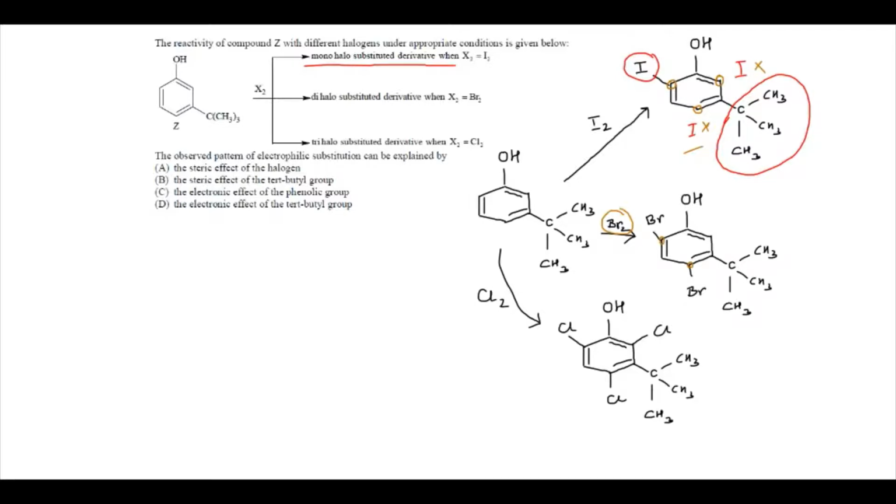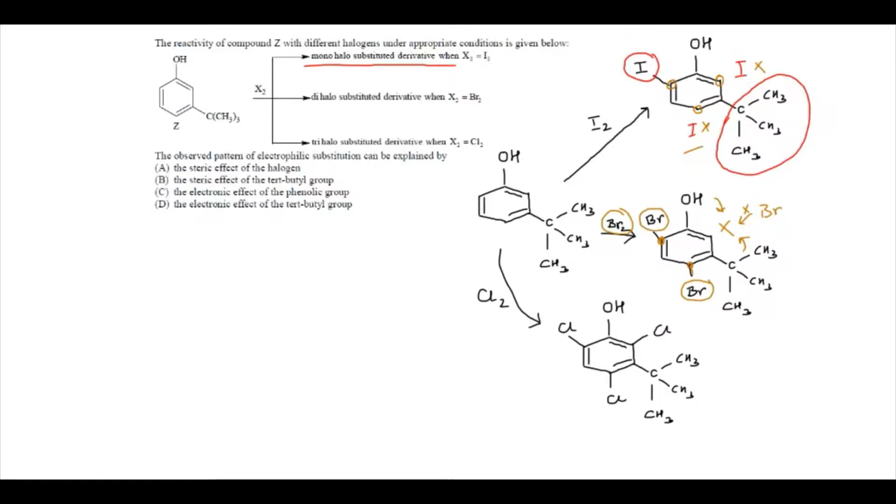Of course, there is only one para in this system, so we will have substituted bromine in the para position as well as one ortho position, not this one, because this one is between the OH and the bulky C(CH3)3 group. So these two groups will cover the space in such a way that a bromine will not like to come near this place. So it will not come to this place, and a dibromo substituted compound will be formed,